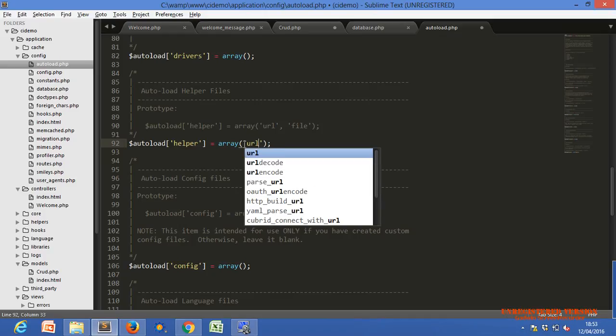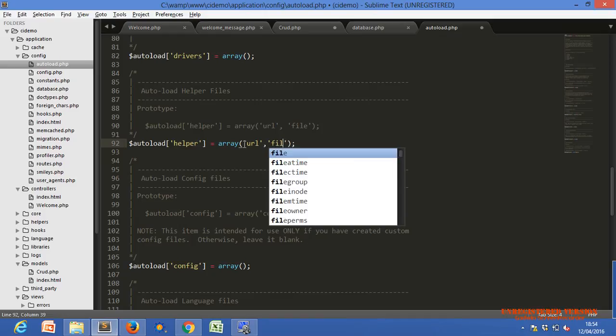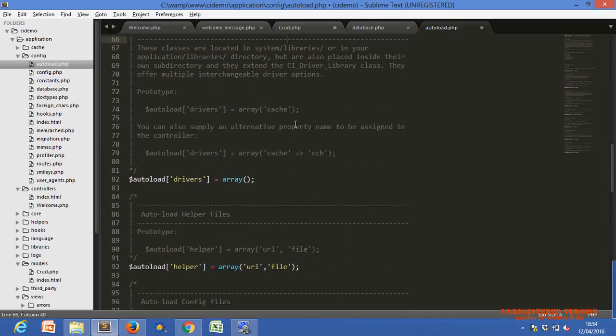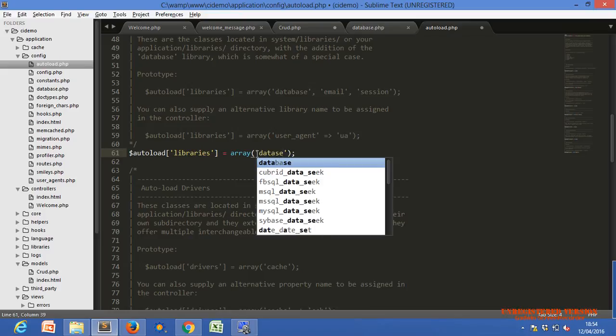Yes, we need the URL helper for redirection. File we don't need right now, even though I entered it. Drivers we don't need any driver. Libraries: database, we need the database library. Why? Because we are going to use database queries.